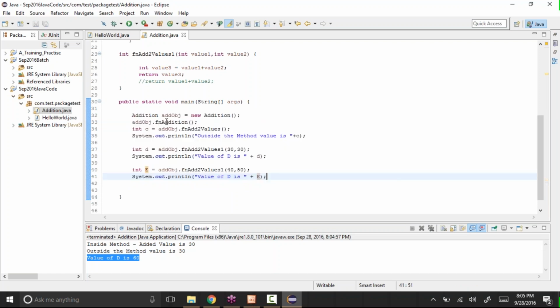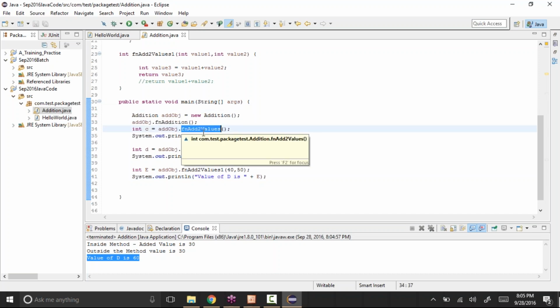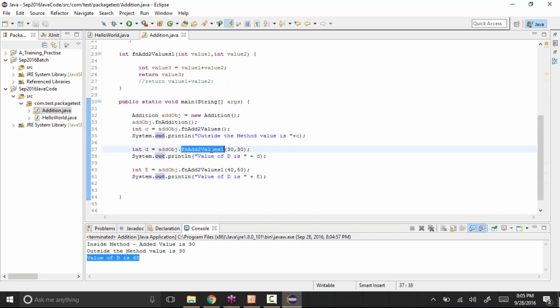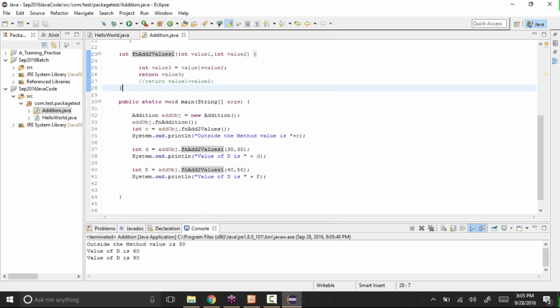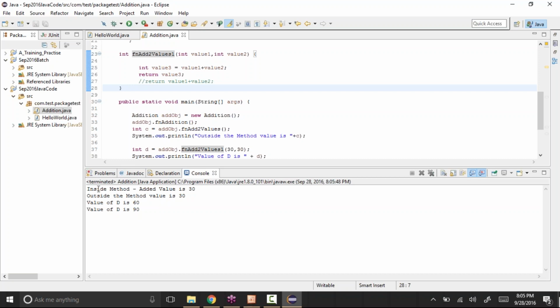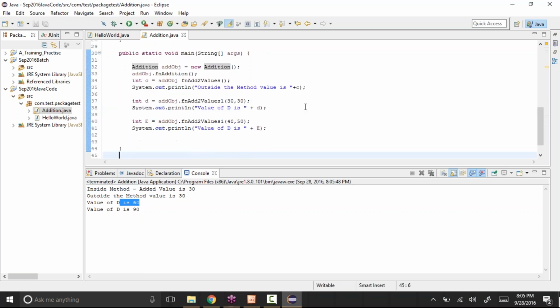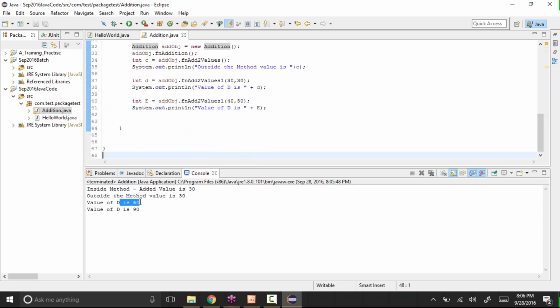First it is executing fn addition, then fn addition 2, then fn addition 2 values 1, and all the others. Right click, run as Java application. Now it is executing all 4 of them. First one, second one, then 30 comma 30 is 60, and then 40 comma 50, which is 90. So it's trying to add them.